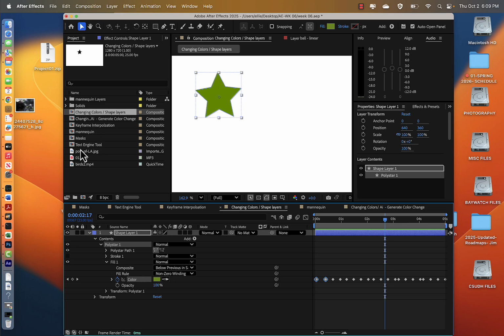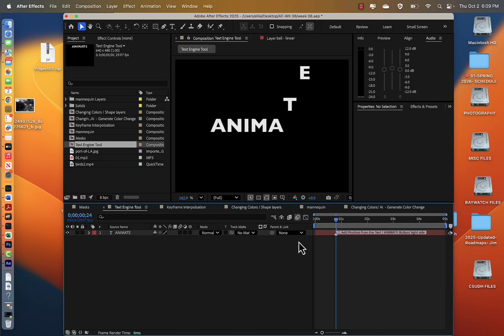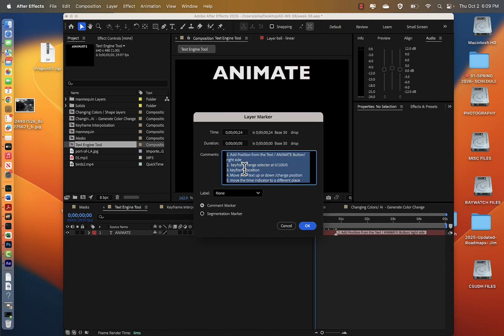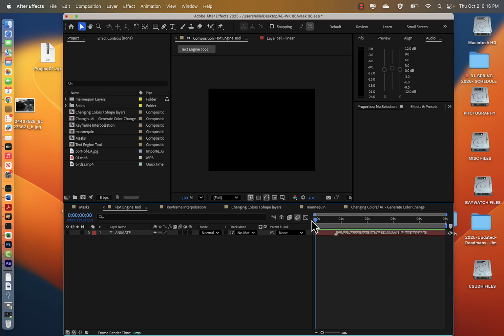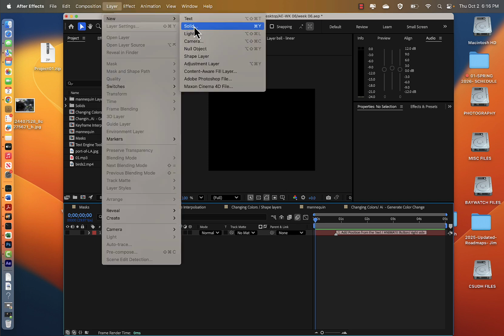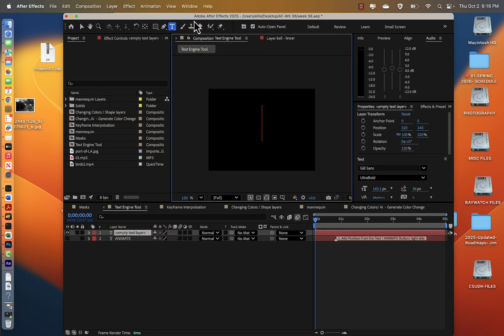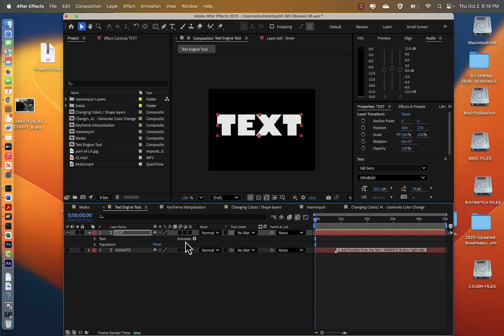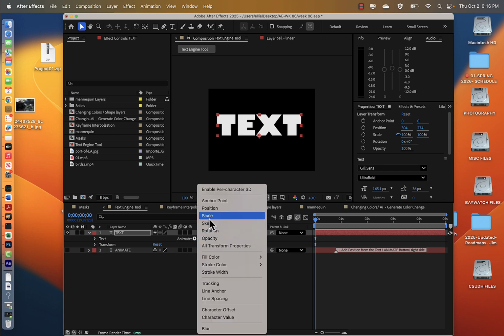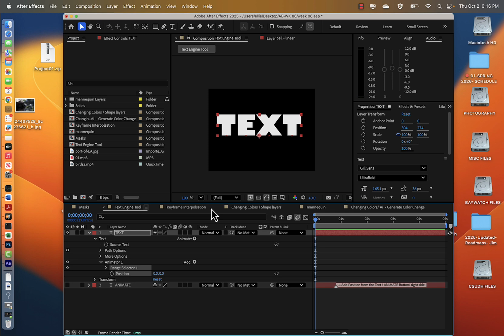The third item would be the text engine tool. Again, I've added all the step-by-step notes here. So once again, if I turn this off, I'm going to make a new layer. Open the parameters, choose animate, choose position,